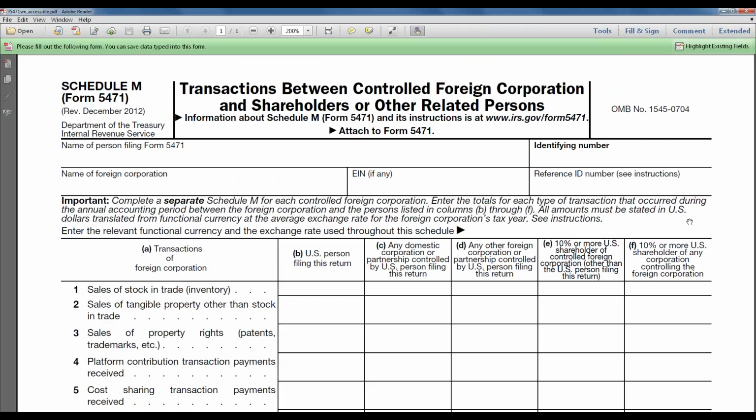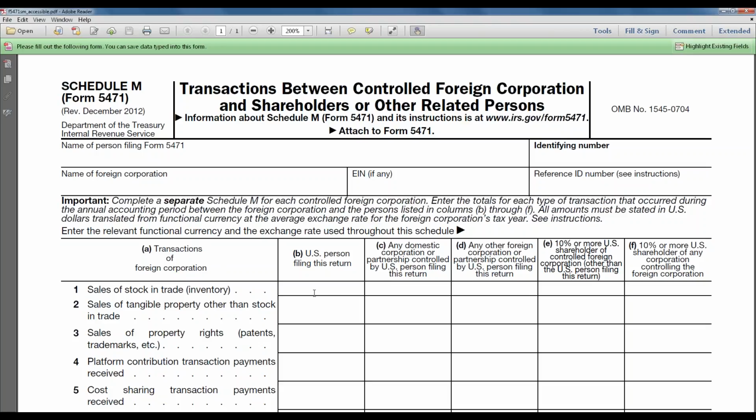Keep in mind, all amounts must be stated in U.S. dollars translated from the functional currency at the average exchange rate for the foreign corporation's taxable year. And as I stated before, different parts of the Form 5471 have different rules for the translation. So transactions of the foreign corporation, this is the controlled foreign corporation, and this is with